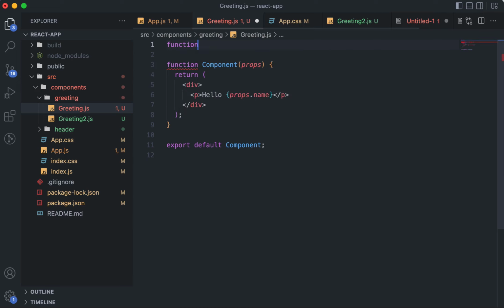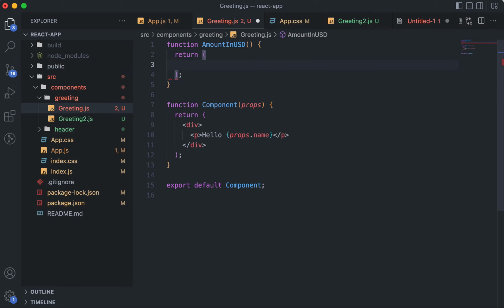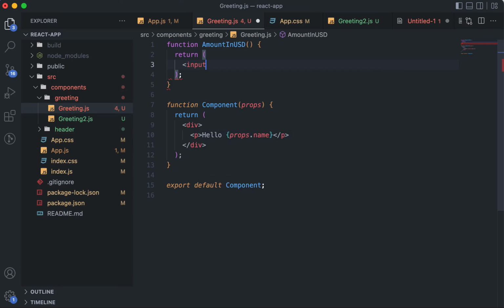So let's say there is a function. In fact, this is going to be a component, not a normal function. So this component is, let's say, amount in, let's say, USD, okay. And this component will essentially just have, let's say, an input, okay, and that input is going to be having our